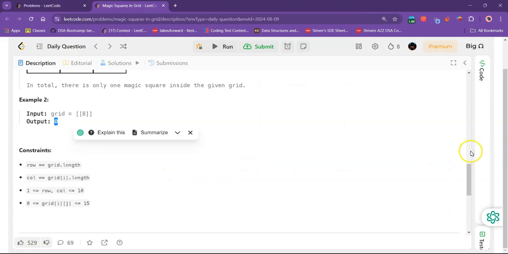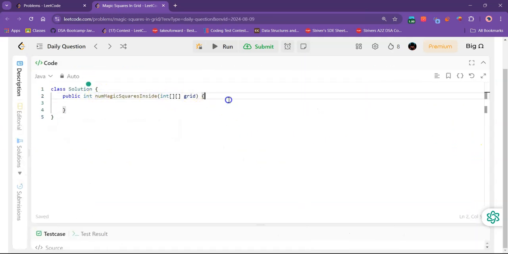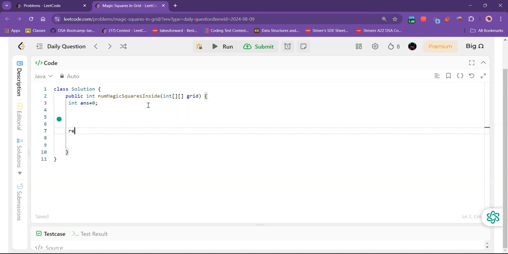Okay, let me expand my coding window. We are given a function, and we are given a grid. First of all, let me extract the size of the grid. Also, first initialize the answer that we are going to return. I'm initializing it with 0, and we'll return the answer at last. Before that, let me calculate the size of the grid. So m equals grid dot